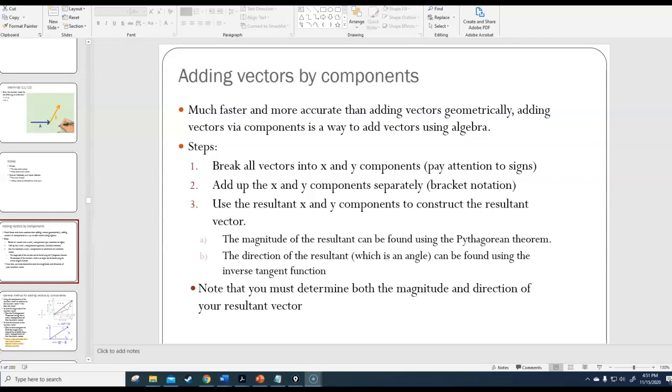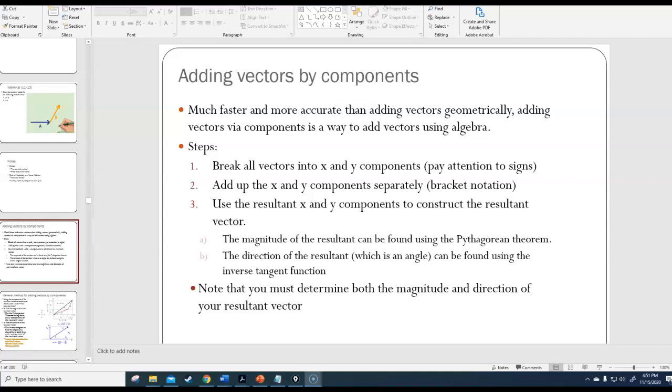Okay, so in the last video we talked about the concept of adding vectors, and we talked about how to add vectors in a qualitative, non-calculation-y way using the tip-to-tail method. And in this video we're going to talk about a different method of adding vectors, that is adding vectors by components. And this is a much more quantitative and precise way of adding vectors, and really the main